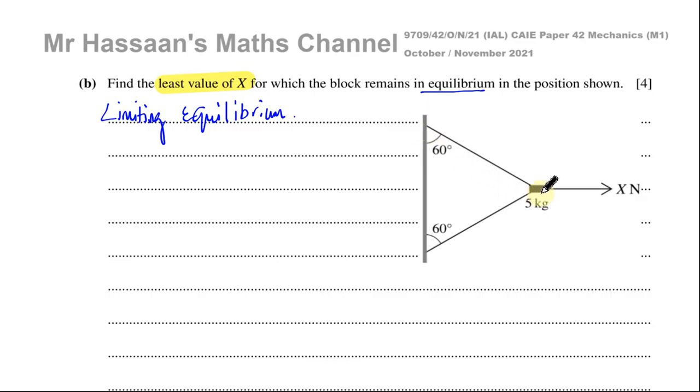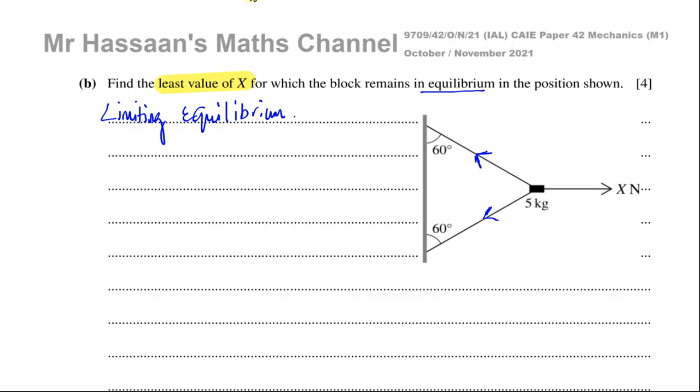Just imagine you were pulling on this mass and it's being held in equilibrium, fixed with these two strings to the wall. If you reduce the force that you're pulling with and you keep reducing it, eventually what will happen is,